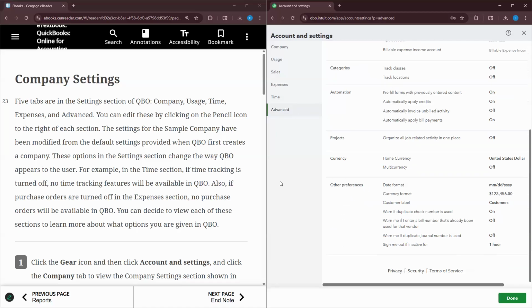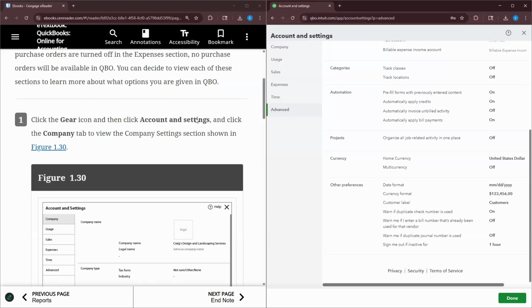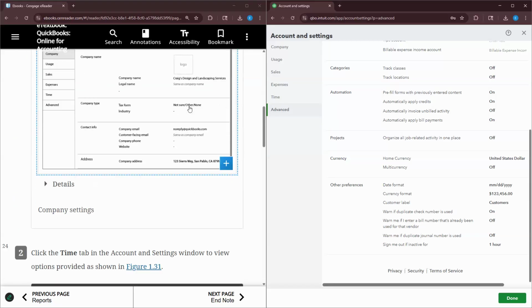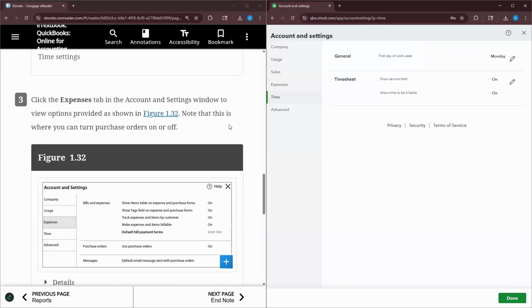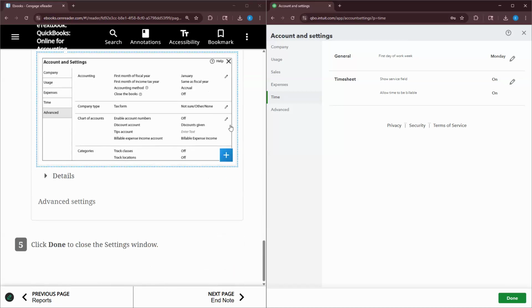So for those of you that like QuickBooks, decide to get into the profession and you use it, you have the benefit, again, of going through this text, ultimately giving you practical understanding of how to navigate QuickBooks Online. So we already went to the accounts and settings. We looked at time. So again, this is just giving you an understanding of what you would essentially see in